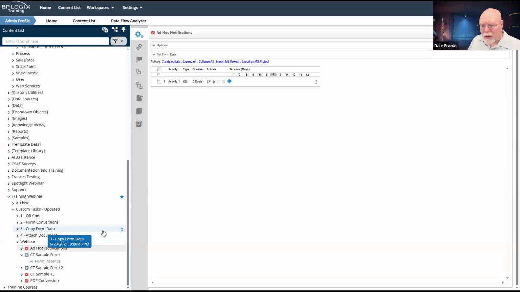So custom tasks are a convenient way, especially the run process custom task, for just doing quick little actions with tiny little sub processes where you can dependably rely that whatever happens in the parent process, whatever documents or forms are used there, will also be automatically attached to the child process if you need them. You can, as we did with the PDF conversion, perform your action, send the items back up to the parent, then delete themselves, or if it's notifications, well, you can also do that there.